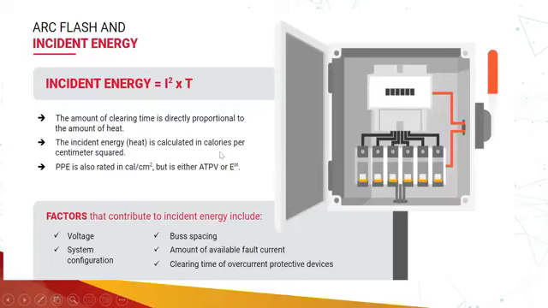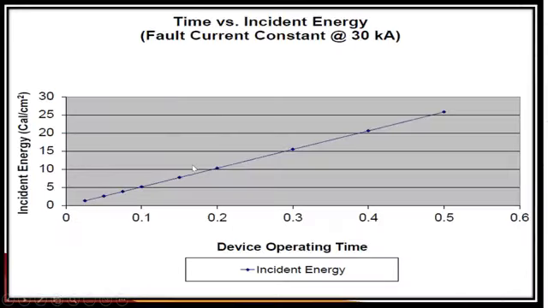The incident energy is calculated in calories per centimeter square. The PPE is also rated in cals per centimeter square, but it is either ATPV or EBT. We are going to discuss what this ATPV and EBT are. So incident energy is directly proportional to the time. So the greater the amount of time, the greater will be the incident energy. For example,